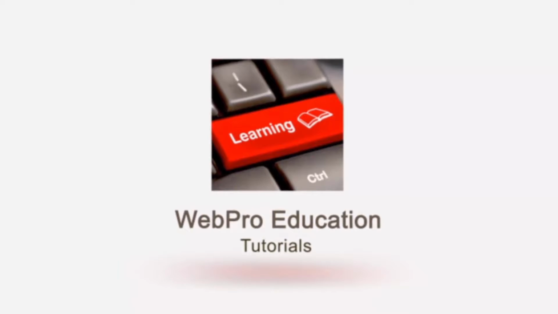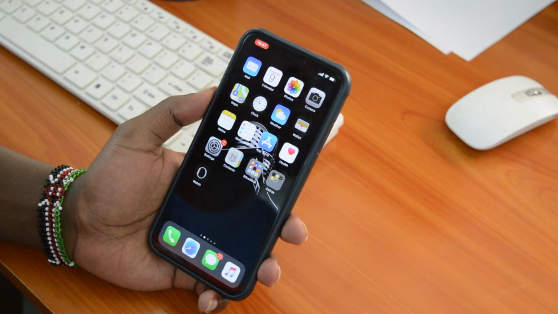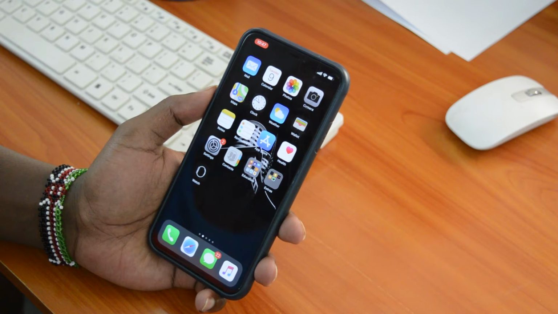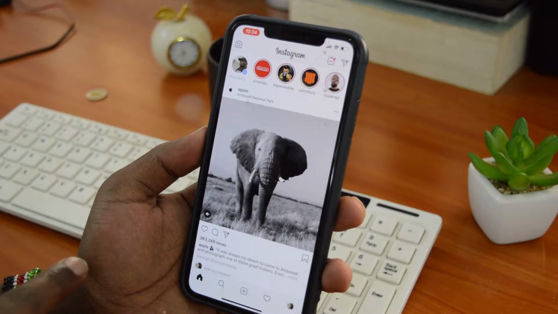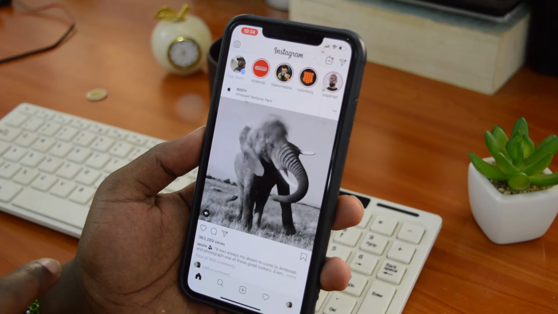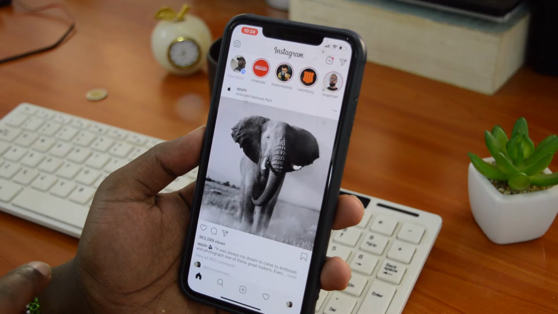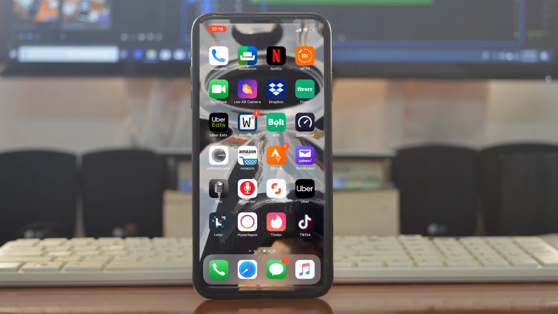And in today's video, we're learning how to make your Instagram account private. Now, your Instagram account is public by default. Anyone can see your profile, look at your pictures, leave comments, and even follow you on Instagram. But you can make your account private, and that way, only the people you allow will be able to interact